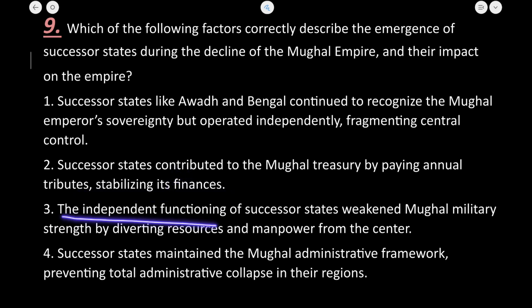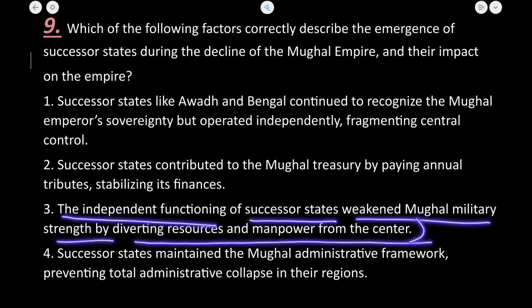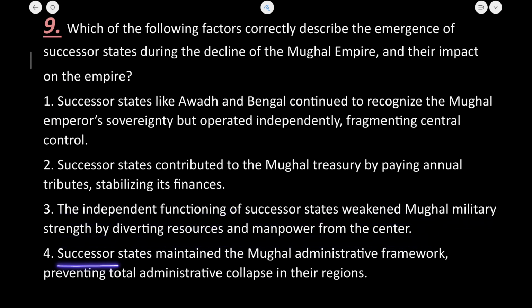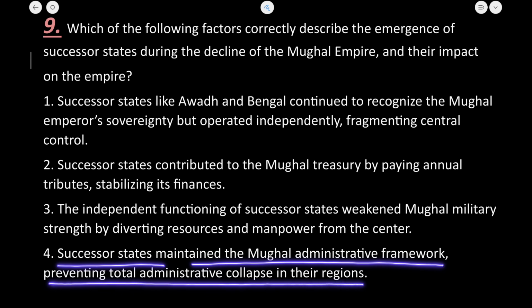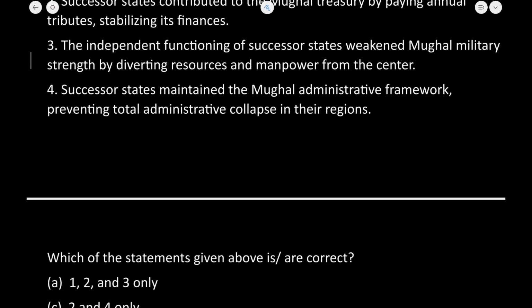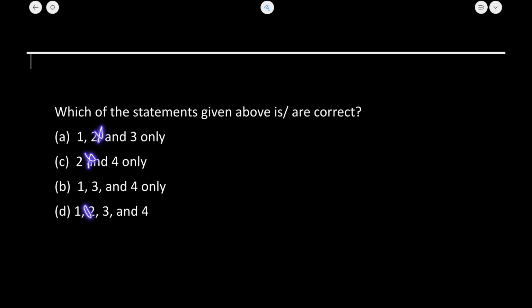The independent functioning of successor states weakened Mughal military strength by diverting resources and manpower from the center. Absolutely generic statement है। The successor state maintained the Mughal administrative framework, preventing total administrative collapse in their region, as the internal regulation of these states was done by the successor states only. मुगल का सेंट्रल कंट्रोल नहीं था, तो they were able to prevent themselves from collapsing। ठीक है, तो हमारा सेकेंड स्टेटमेंट यहाँ इनकरेक्ट है, बाकी सारे के सारे स्टेटमेंट हमारे यहाँ पे करेक्ट है। करेक्ट आंसर हमारा बी हो जाएगा।